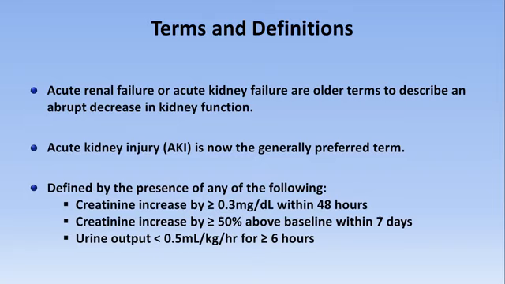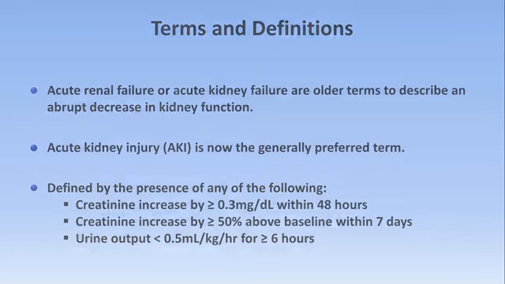For example, if a patient's Foley catheter is clogged, they may have no urine output for over 6 hours, yet experience absolutely no change in their renal function. Also, many perfectly healthy patients can have a creatinine that varies by 0.3 milligrams per deciliter or more, despite a complete absence of medical problems. And while an increase in the creatinine of 0.3 is likely to be significant in a patient whose creatinine goes from 0.5 to 0.8, it probably is not in a patient whose creatinine goes from 4.5 to 4.8. Let's take a quick look at why that's the case.